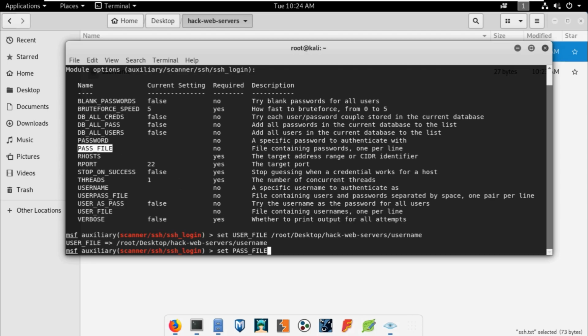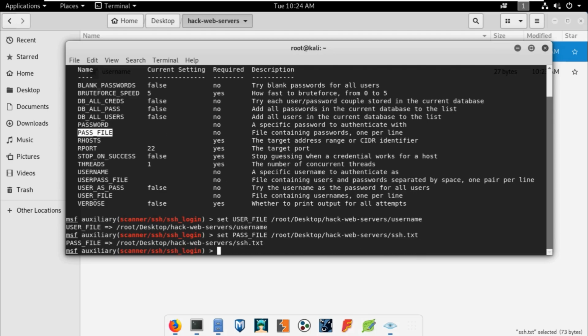Let's specify the password file, root desktop, ssh.txt. Now let me set verbose true. What it does is give you the output of what is happening behind the scenes.